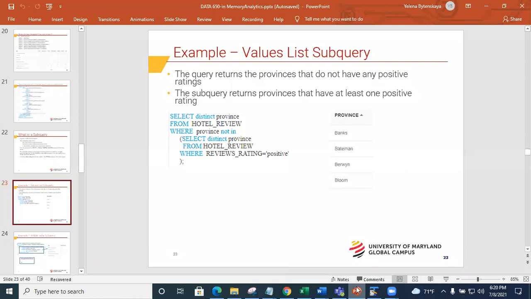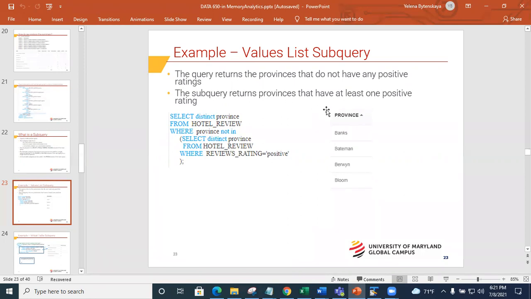Okay, so what this was doing is this example, it was looking at the values list subquery. The whole idea here is I want to list the provinces. So it's selecting distinct. We want to list the provinces that don't have at least one positive post, right?